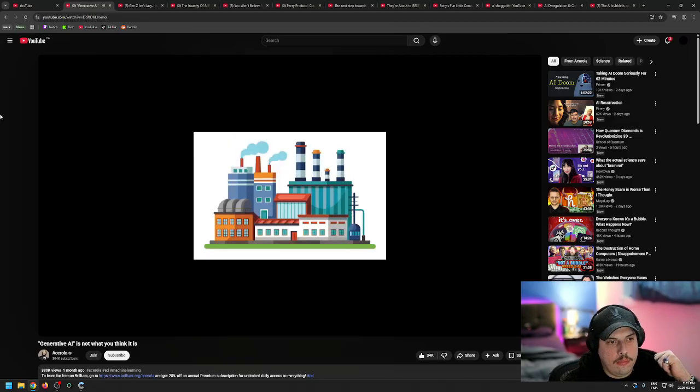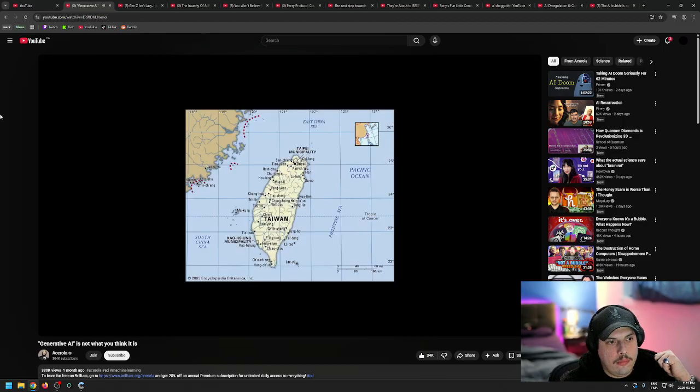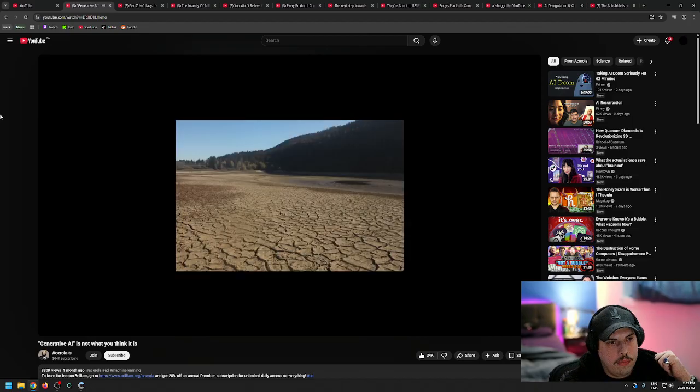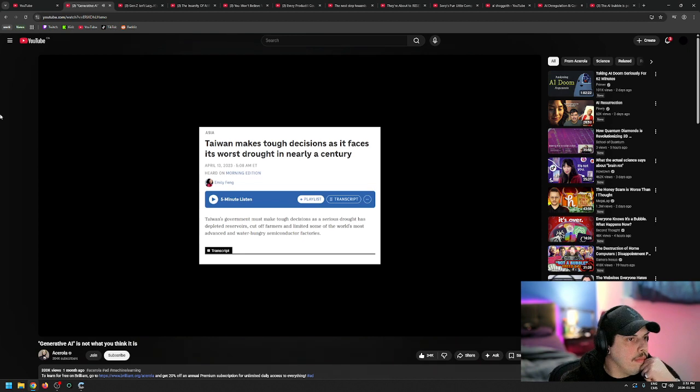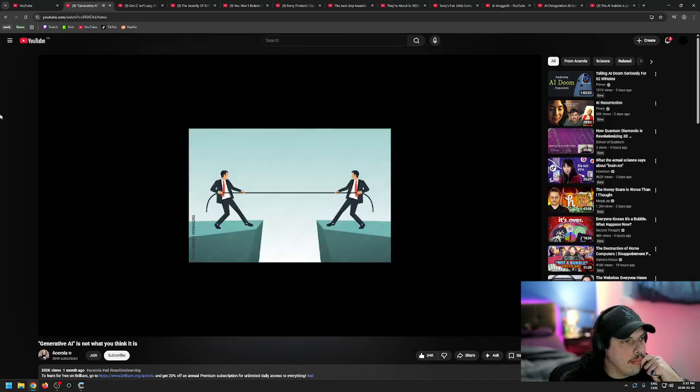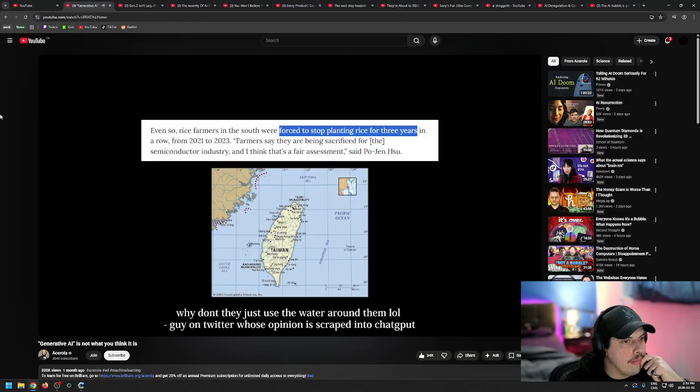The most advanced semiconductor plant in the world recently began construction in Taiwan and is expected to use 100,000 metric tons of water a day, water that could be used to help with the country's extreme water shortage. Taiwan suffers from severe droughts, and semiconductor manufacturing has already been competing with the population for water, taking so much of it that rice farmers have had to go